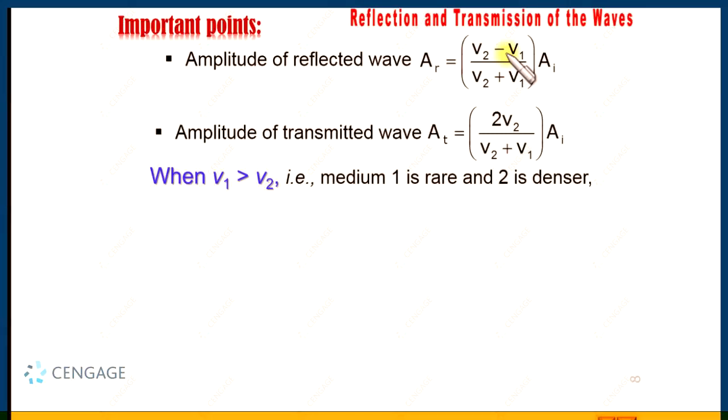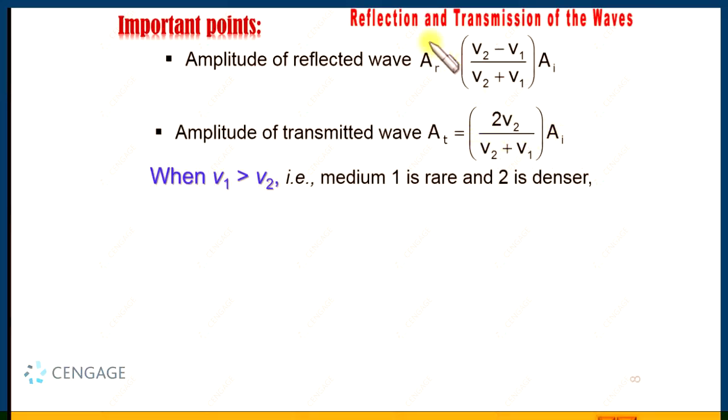Reflected wave means the wave is traveling back into the same medium. Transmitted wave means there is no change in the direction of the wave. And here you can observe there will be no change in the sign, because V2 is having a positive value, and V1 is also having a positive value. That means the amplitude of the transmitted wave is less than the amplitude of the incident wave, but the direction will